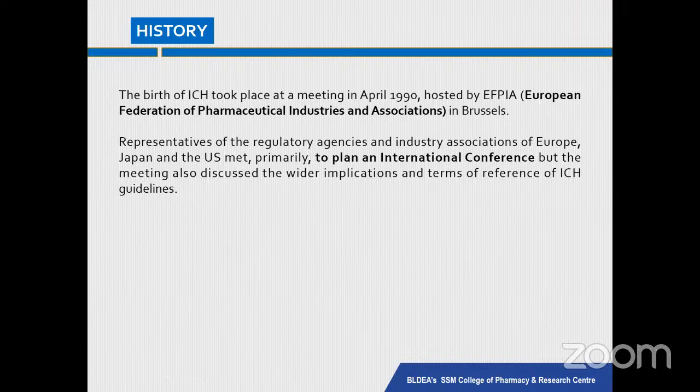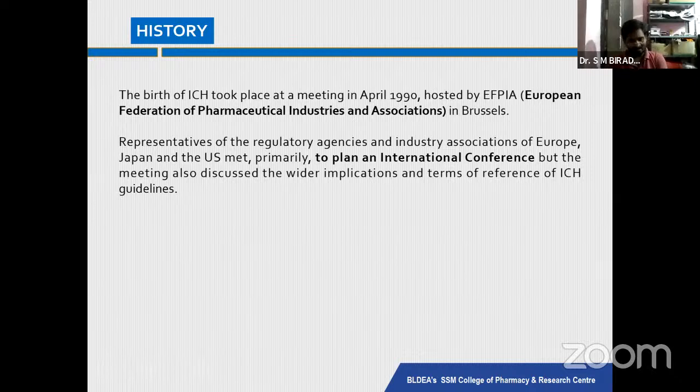Okay. So this International Council, or sometimes it is called the Conference of Harmonization. Harmonization is nothing but similarity, to maintain the similarity. Here they want to maintain the similarity of pharmaceutical products worldwide. Why is it required? What was the necessity to develop this ICH conference or council, to be organized or framed?